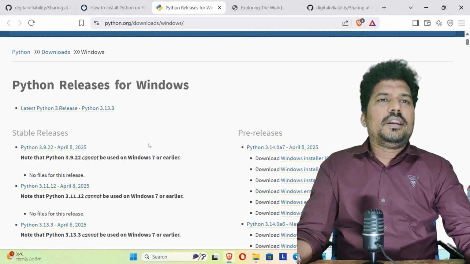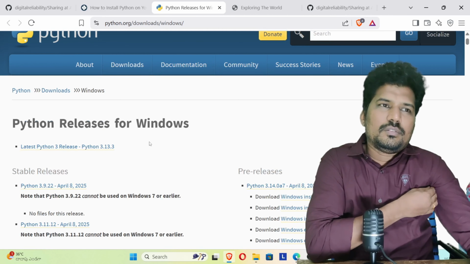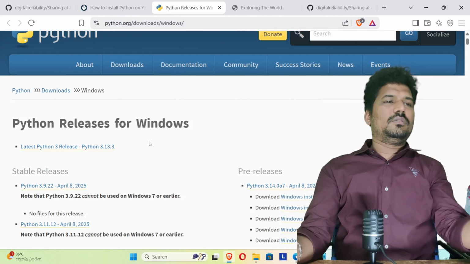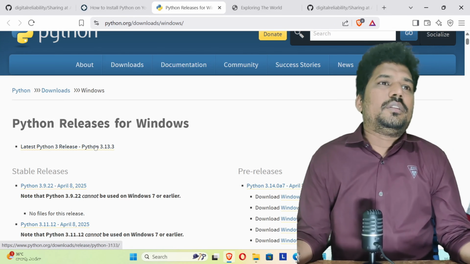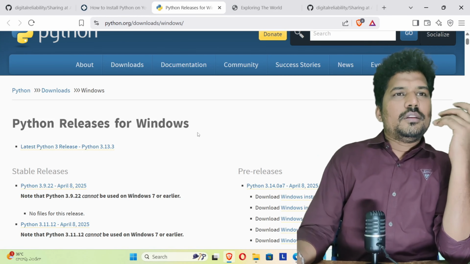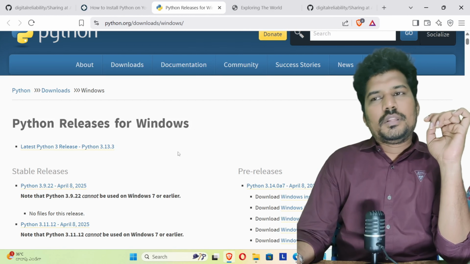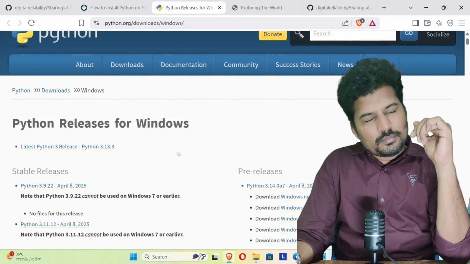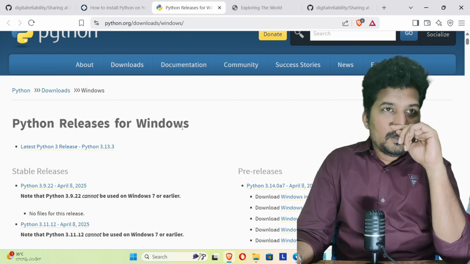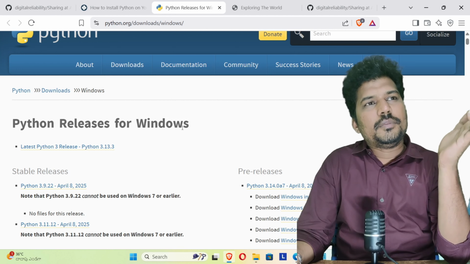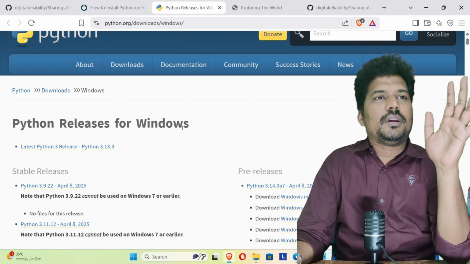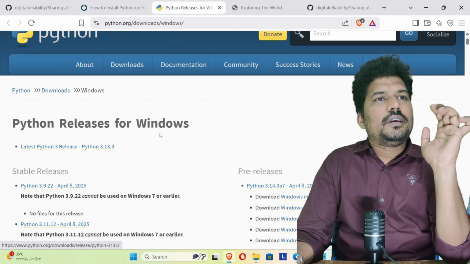You can take the latest one, and I think the latest one will also work, but if you want to ensure you don't get any problems, just take 3.13.1 and install that. But don't install from the Microsoft Store, because the way Python works if we install from the Microsoft Store is different. So download it from here and install it.